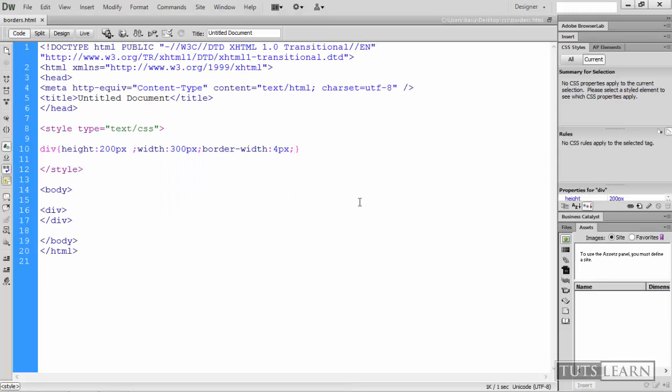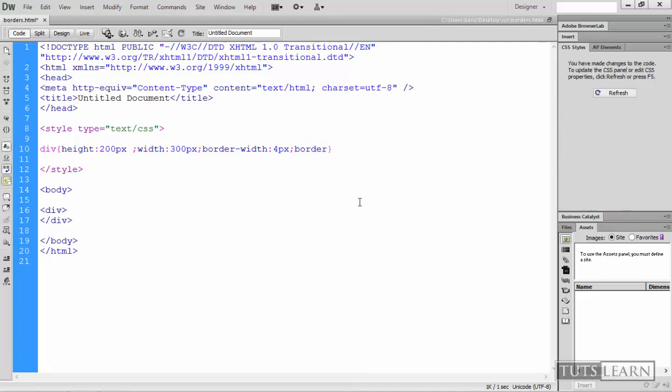And why is it not visible? Because we haven't declared what kind of border we want. CSS consists of many types of border. There is solid border, there's dash border, there's dotted border, groove border. So what kind of border you want to use, you have to declare that first, then your border would be visible. So you can do that by typing border